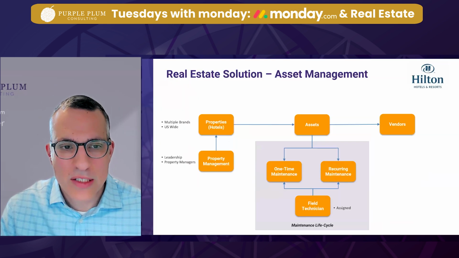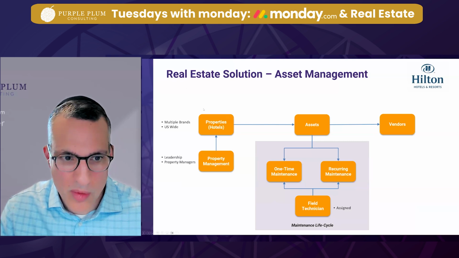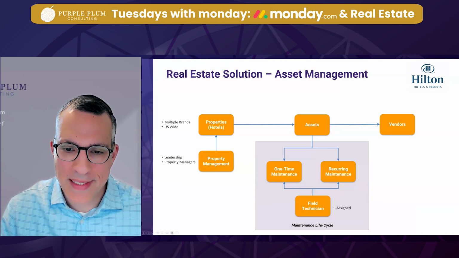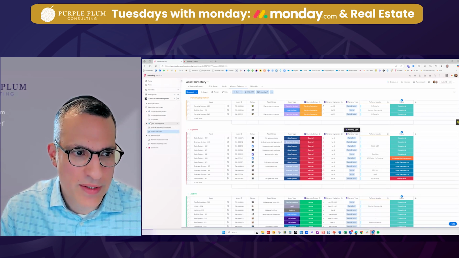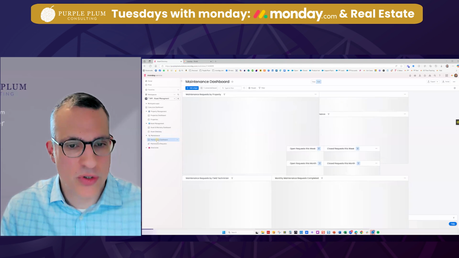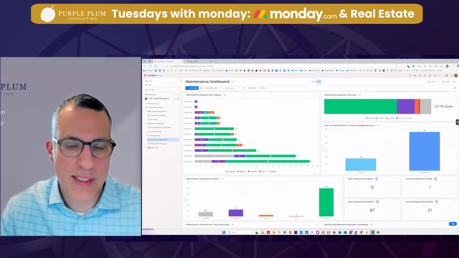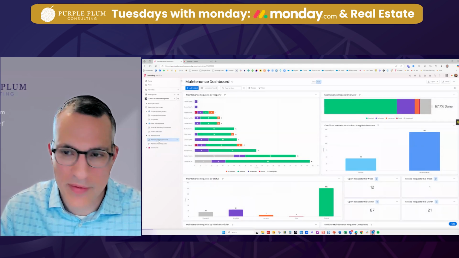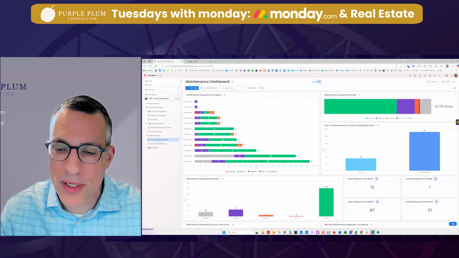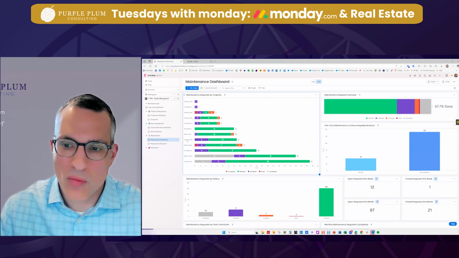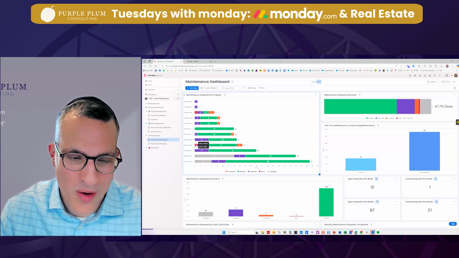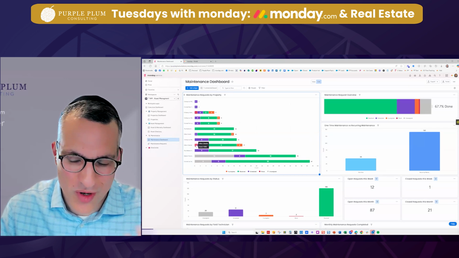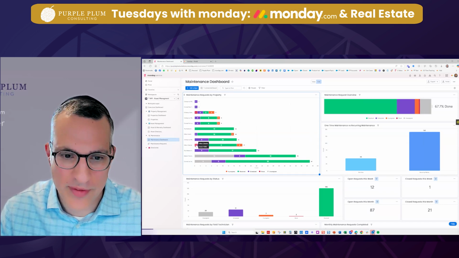That's exactly right. So again, coming back to our demo, we've had our properties, we've had our assets. Now let's dig into the actual maintenance itself. So what I have here is just like we had with the previous other areas, a maintenance dashboard, just so we can start top down. We can see all the maintenance requests that have come in across all properties, and all sorts of different views, as we've seen before. If you recall, here was our one maintenance request that I drilled down from on the executive dashboard. Obviously, it's available here.